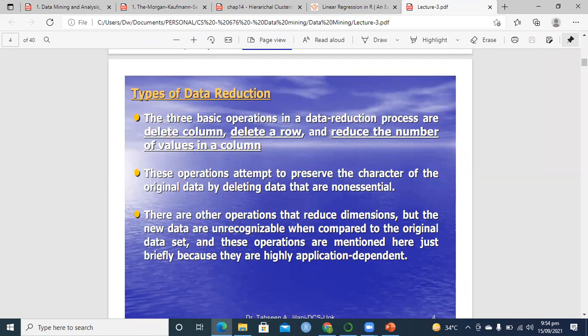variable by combining them. For example, A grade, B grade, first division: 60 plus, any number is first division, and second division, anybody between 50 to 59 is termed as second division. That means in place of identifying individual marks like 51, 57, or 59, they just say second division. This is called the binning process.